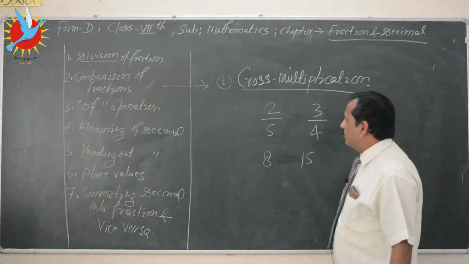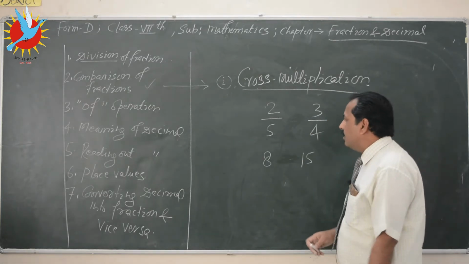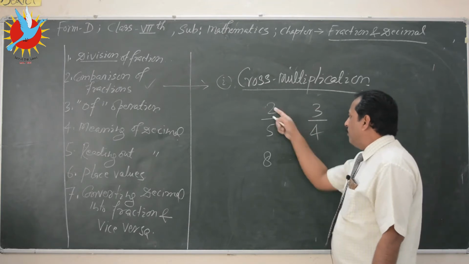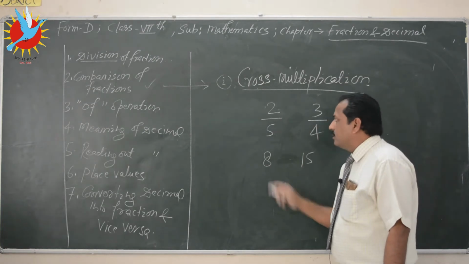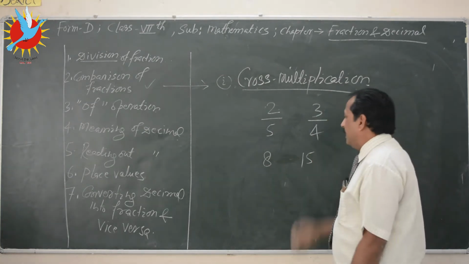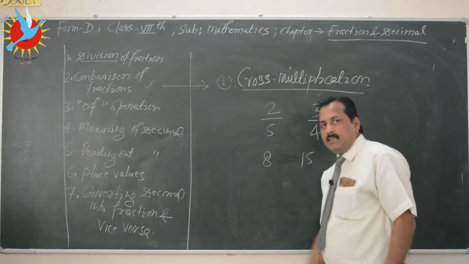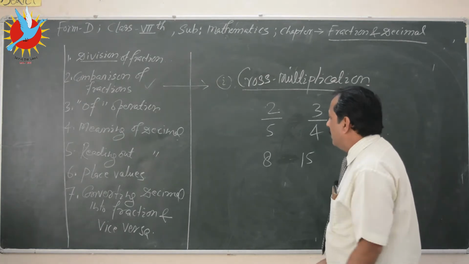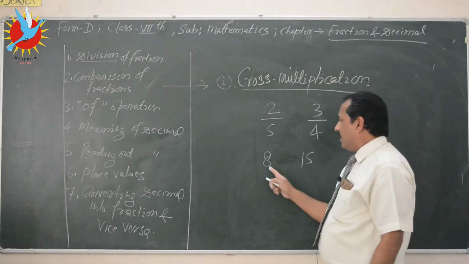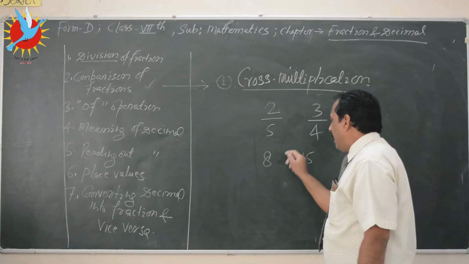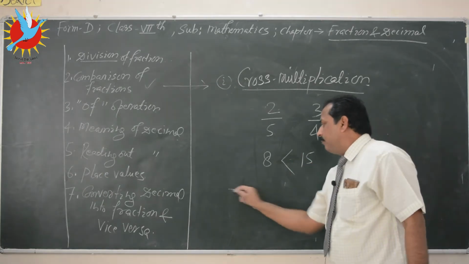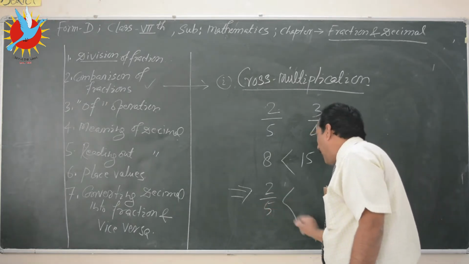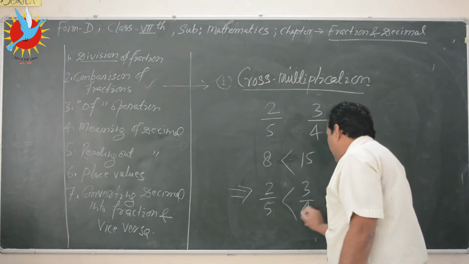Let us remove this equal to sign because these fractions are not equal. So 2 by 5 and 3 by 4 we have to compare, then cross multiply. 4 times 2 is 8, 5 times 3 is 15. Now see, 8 is on the left hand side and 15 is on the right hand side. So the left hand side 8 is smaller than 15. As 8 is smaller than 15, this implies that 2 by 5 is smaller than 3 by 4. This is so simple.